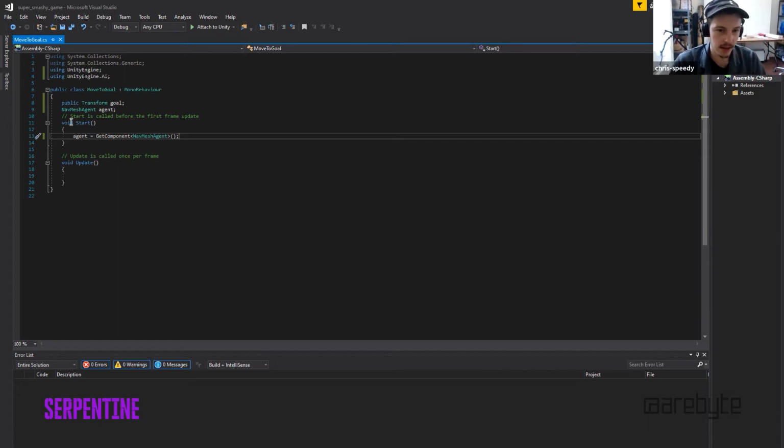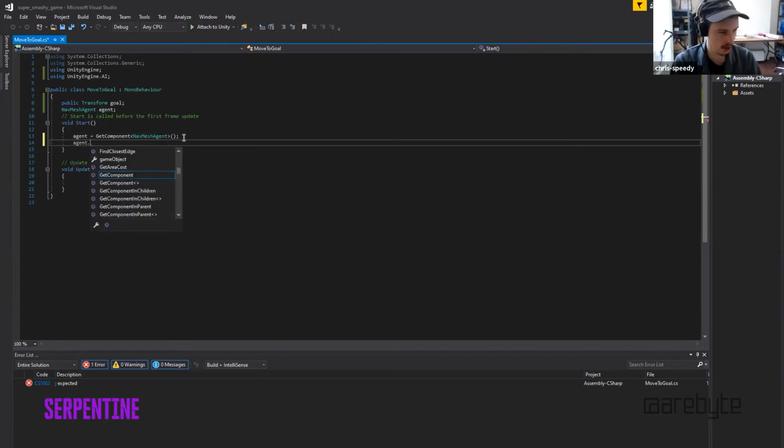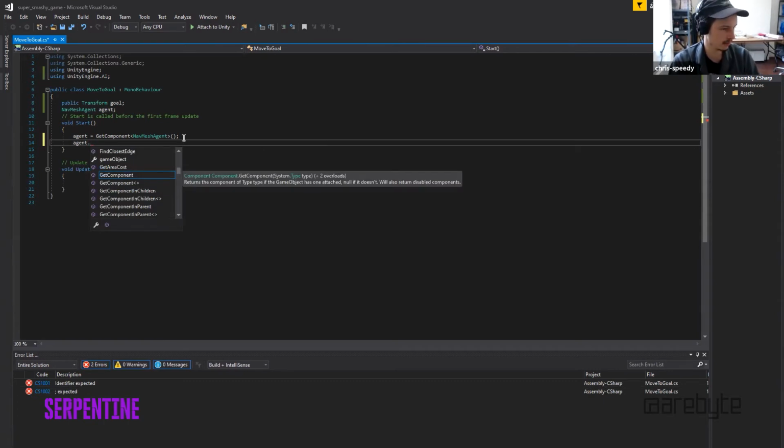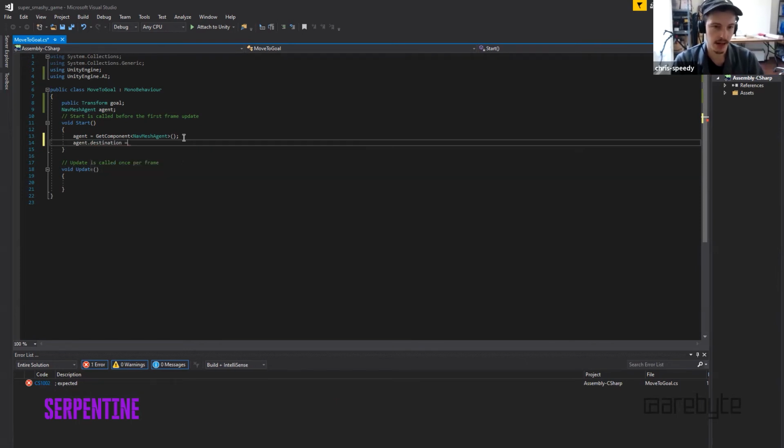So inside the start function, we just need to add one more line, which is once the game starts, we want the agent to move to the position of the goal. So we just type agent, for our nav mesh agent, dot, and the dot signifies sub options within an object. In this case, our nav mesh object has a variable called destination. So we go agent.destination,